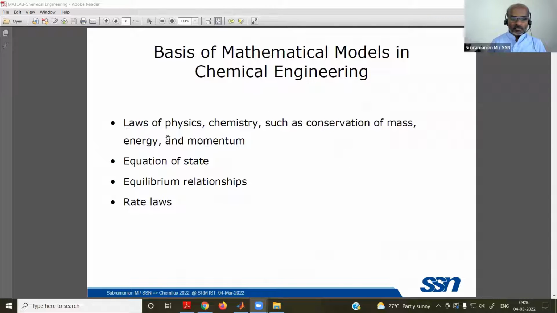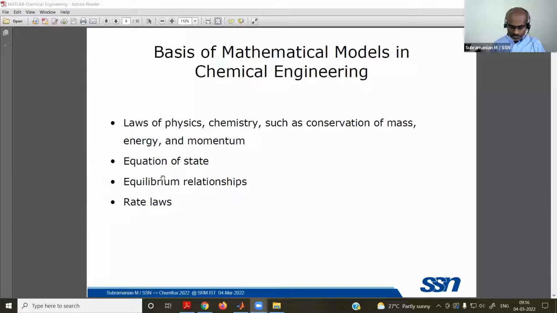And we have these kinds of equations, namely conservation of mass and energy, and rarely you use momentum. Of course, this momentum conservation is normally used by mechanical and civil people, or aerospace. We try to solve in terms of mass and energy itself. With energy and mass balance itself, we can solve most of the problems.